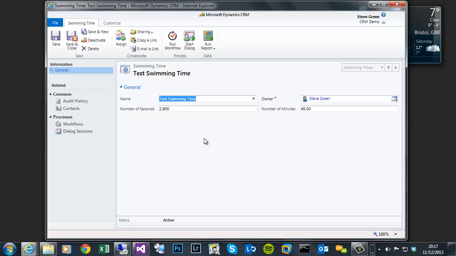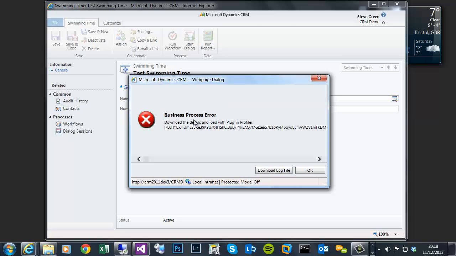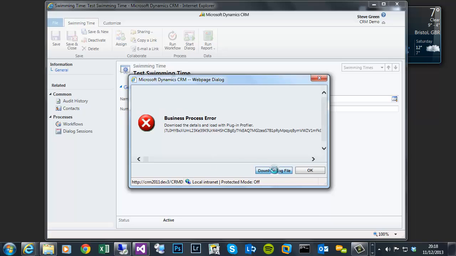A user could have told you about an issue. You could enable profiling, tell them to repeat what they were doing, and then when they trigger it, you phone them up and say, Bob, can you repeat the issue you were getting? He goes into the record again, saves, and then the exception message is slightly different this time. So it triggers the plugin, but it downloads a log file that he can then email to you. So now you get this download the details, unload with the plugin profiler and this gobbledygook text. So if I click download log file,